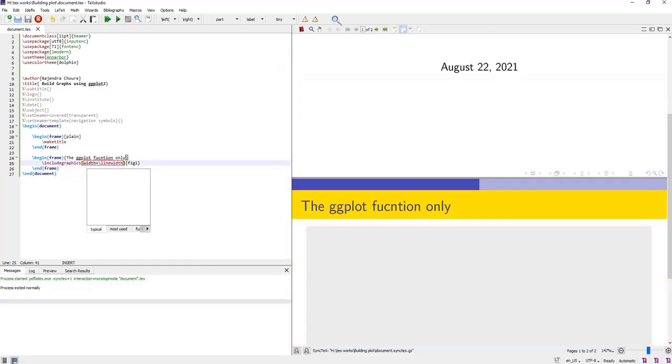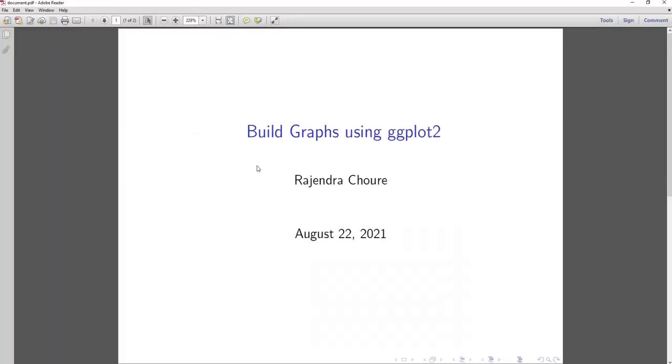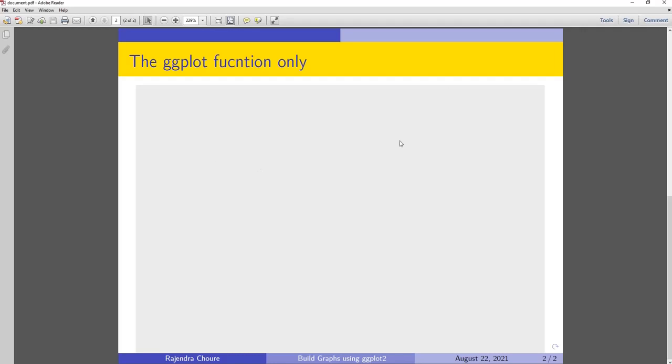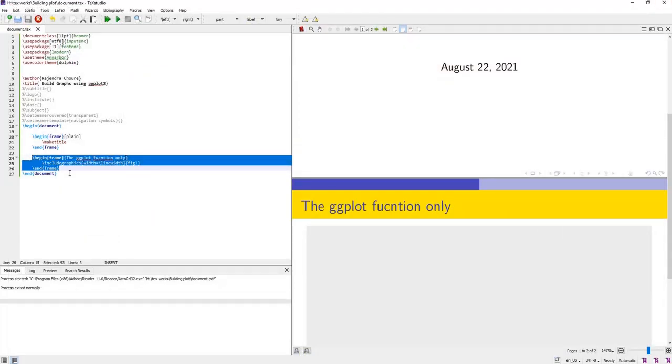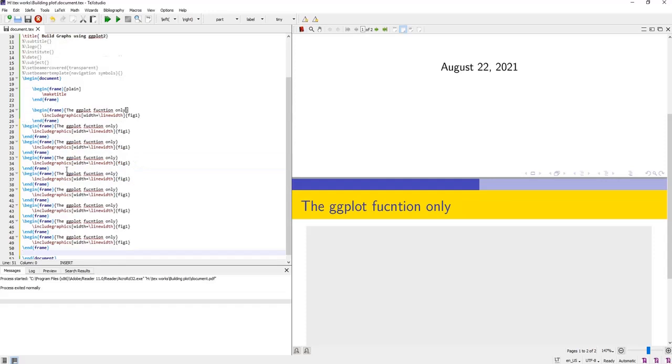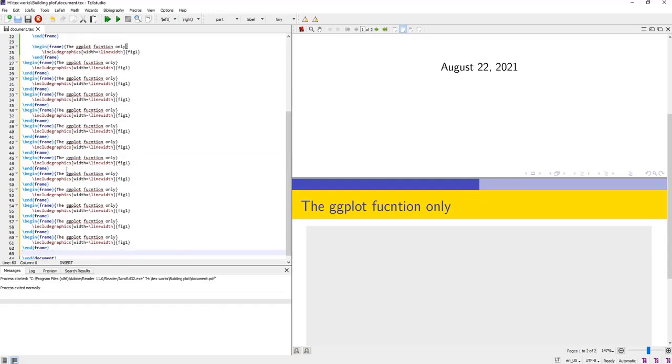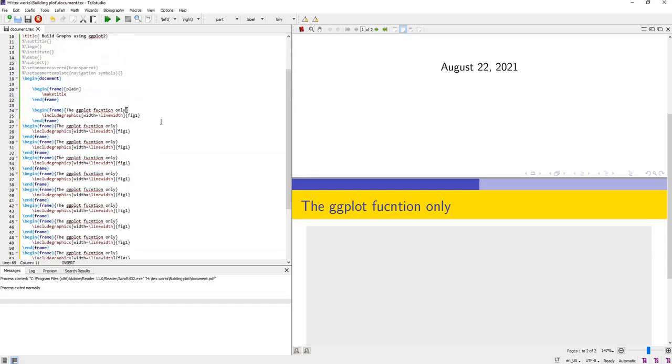Yeah, it got compiled, and we will see the effect. Yeah, this is the title slide, and this is the second slide where only the plot area is there. For ggplot function only the plot area gets there. Okay. Now I will go on copying this frame. It becomes a little bit confusing, but it's not at all.